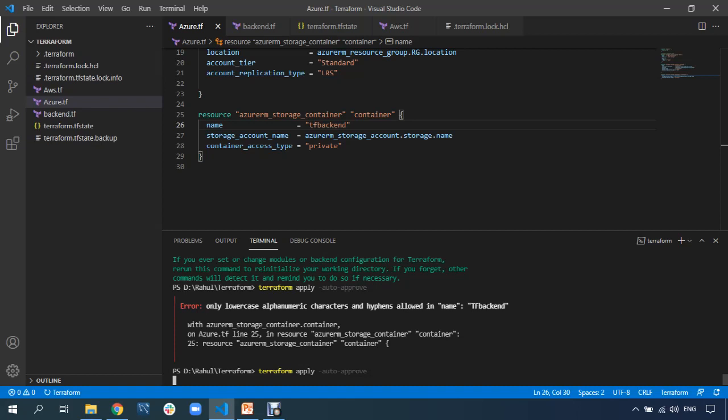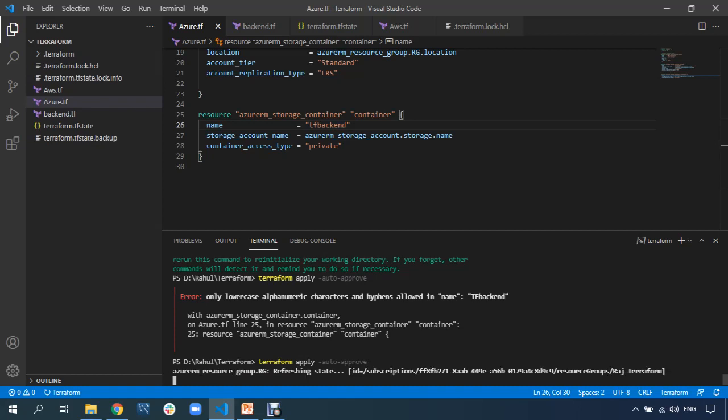I have mentioned the Terraform backend and only lowercase characters are allowed. That is why I went here and changed this from uppercase to lowercase. It's a very good feature of Terraform. Whenever you have any error, go to that line and see what it is saying. It will throw the error and you can remediate it, and after that you can run the code again and it will work for you. So here you can see how I'm running it.